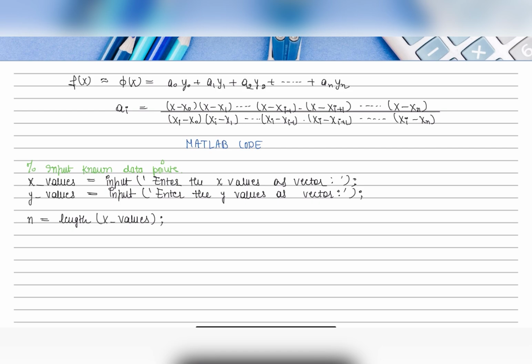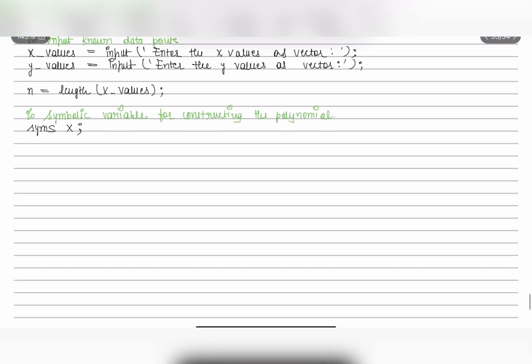Since we have to construct a polynomial, we will use a symbolic variable, that is syms x. Let us initialize the Lagrangian polynomial to 0 using L underscore poly as a variable name, and then we will initialize an array for storing the corresponding ai values using L underscore values